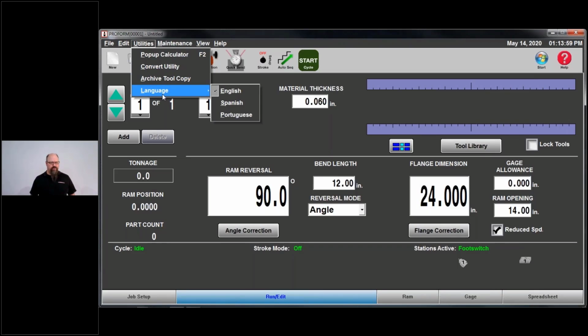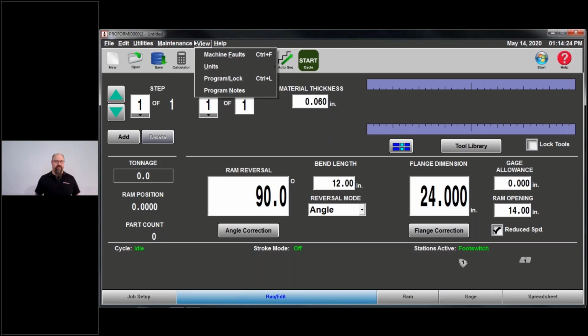Now, language. We do have the ability to put the machine into Spanish and, in this case, Portuguese. This is a fairly new function for the Portuguese, and we've actually moved the menus around a little bit. If you have an older version of the software, say 4.7, 4.8, 4.9, the language function is up here in the main menu between the view and the help.